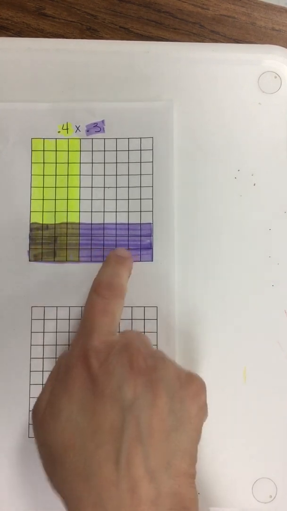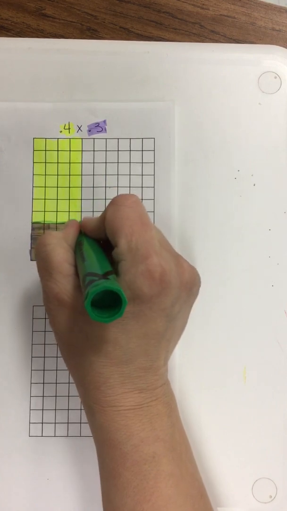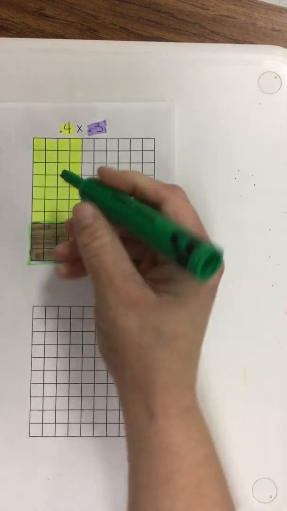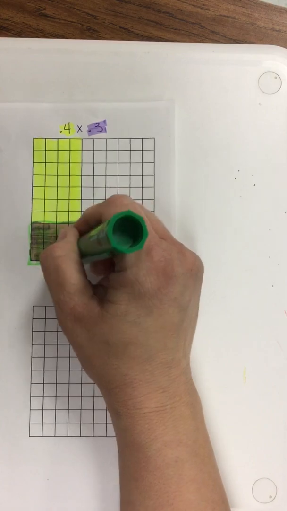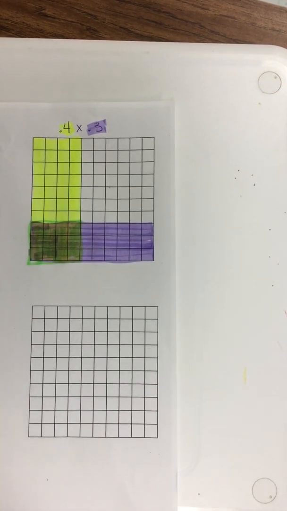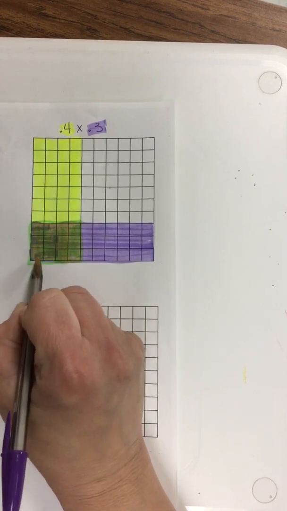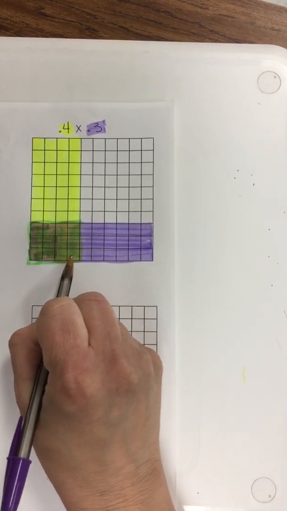Okay? Now, I have 4/10 vertically. I have 3/10 horizontally. Now, the important part is the answer or the product, and that is where they overlap. So all of this that changed colors when I put the yellow and the purple together, that is your overlap. Anywhere your vertical and your horizontal overlap is your answer. So we can count it. There's 1, 2, 3, 4, 5, 6, 7, 8, 9, 10, 11, 12,